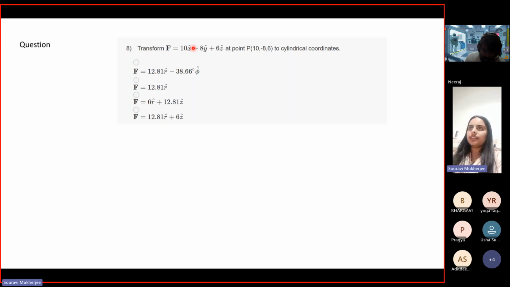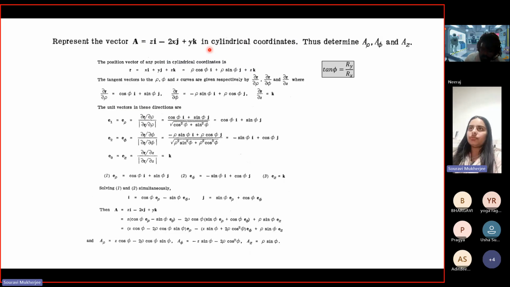So basically, this is your question. You have to change x cap, y cap, and z cap because all the other components are just constants. Try to look at this and get an idea. It's similar to what has been done here. You just have to replace i cap, j cap similarly as done here. It's already solved here. You just have to look at it, find it, and try to do it. While looking at it, can you tell me which relation has to be used?